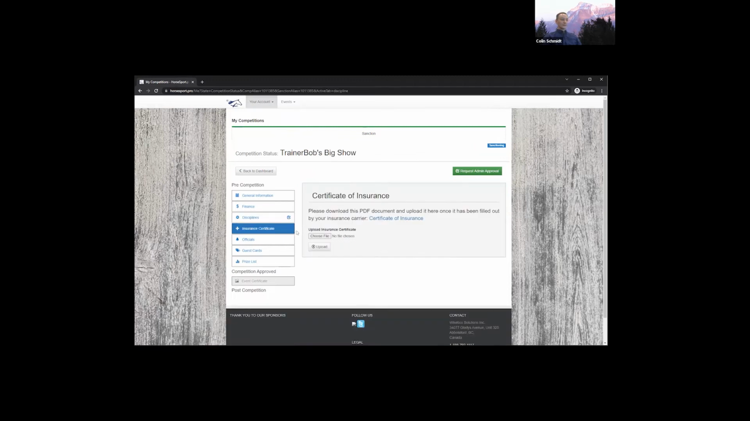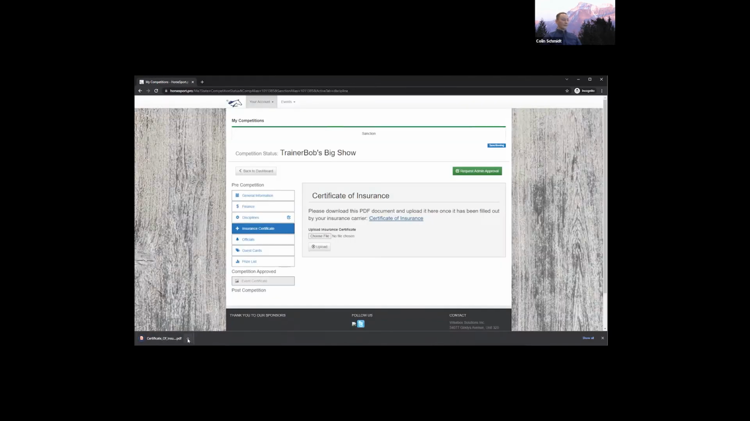Over to the certificate of insurance, pretty straightforward here. We do give you the template, so you can download this file here. When you have that file downloaded, you're going to want to email that to your insurance provider, typically Capri or someone like that, and they will be able to fill out that PDF specific for your organization and send it back to you. And then when you have that file received in your email, you'll want to download that to your computer and then choose the file from your computer